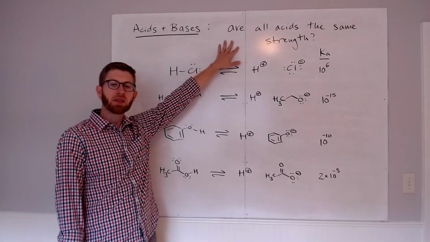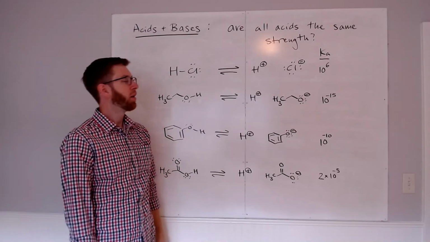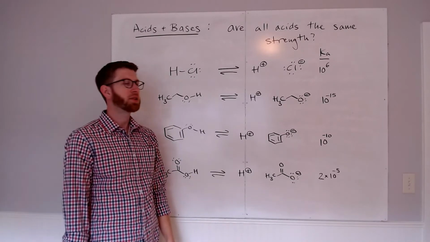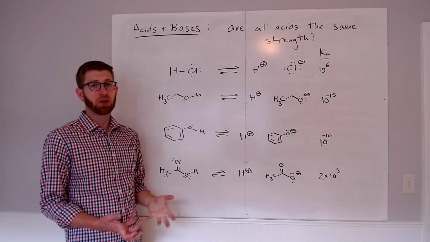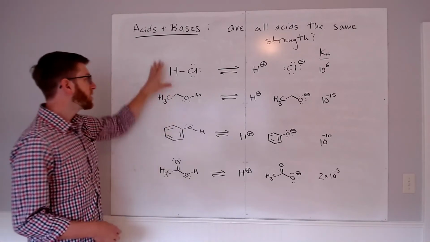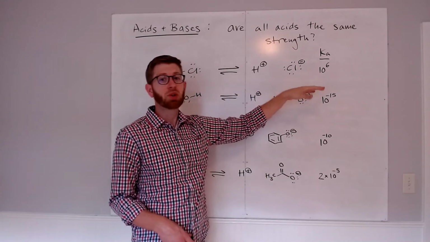Are all acids the same strength? Well, we're ready to answer this now because we've defined our terms. We know what acids are, or we've reminded ourselves of what acids are. And we've talked at length about this concept of strength as well as how to measure it using Ka values. So HCl, we've already discussed. We know that this is a very strong acid, and its Ka value is much larger than 1, about 10